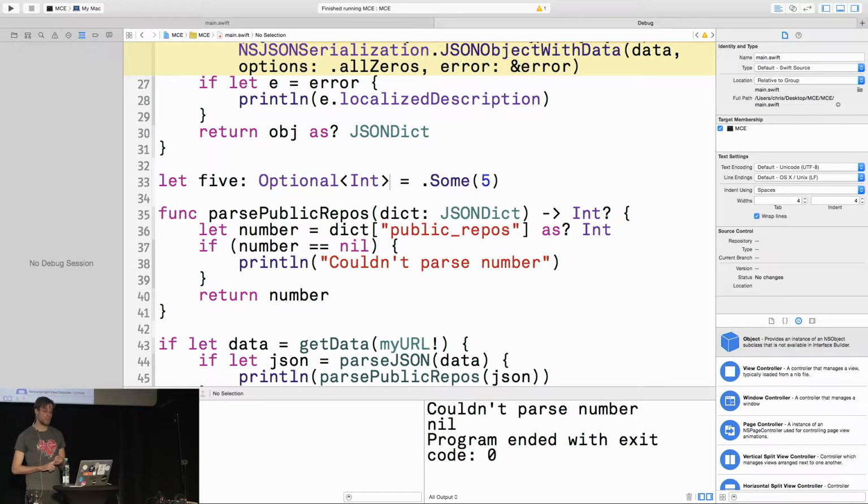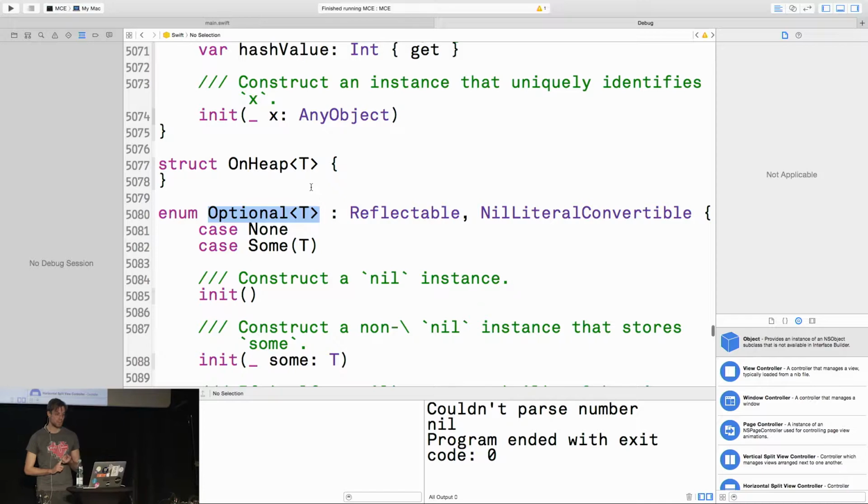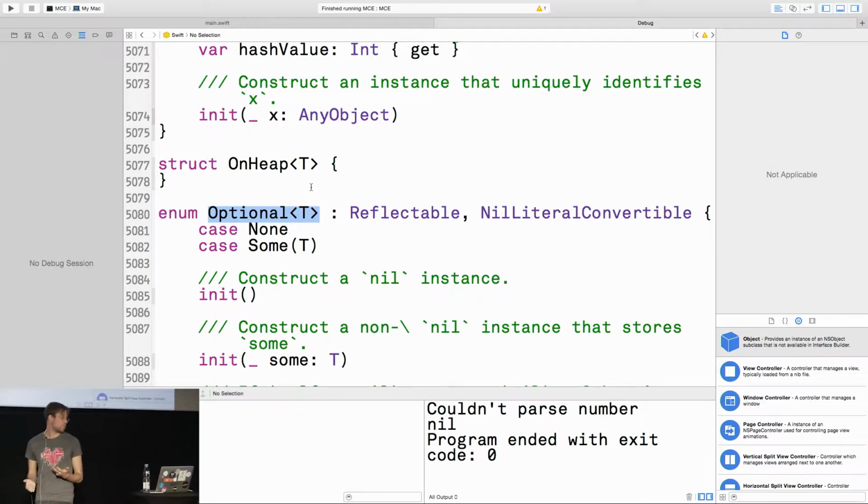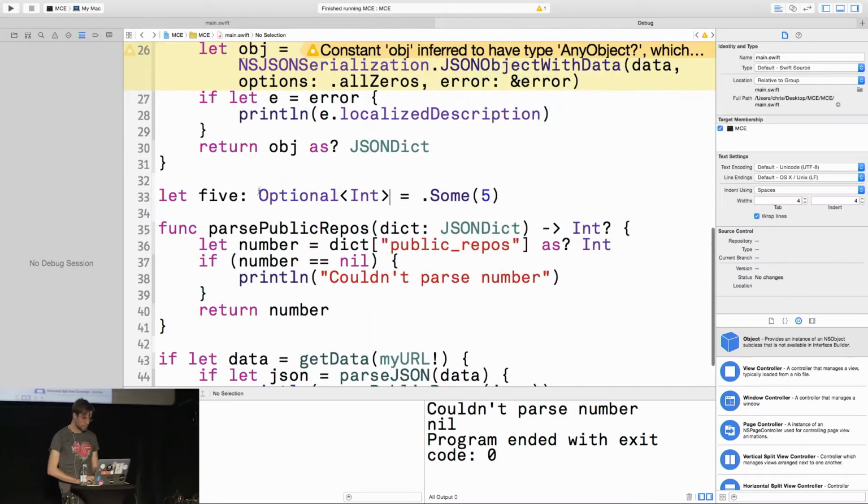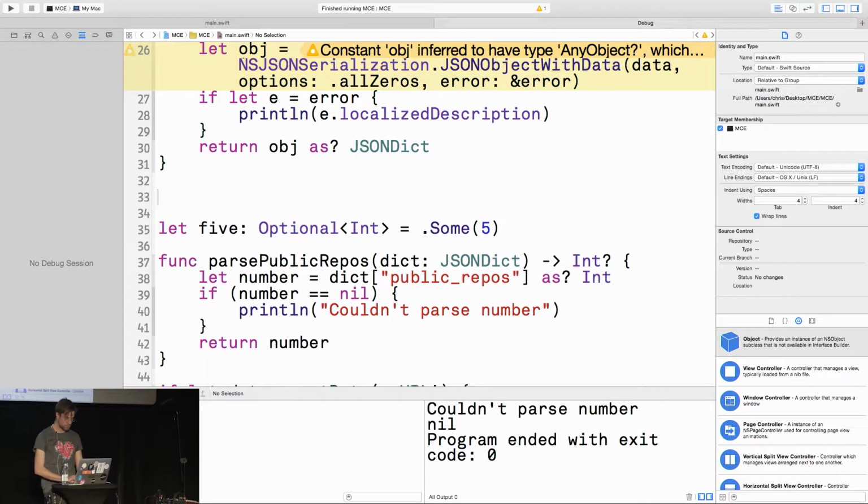And the nice thing about writing it this way is that you can click through. That's the only advantage. So we can click through and look at Optional. And here you can see what an optional really is. It has two cases. So it can either be none, which is the same as nil, or it can be some T. So if we, for example, try to make our own optional,